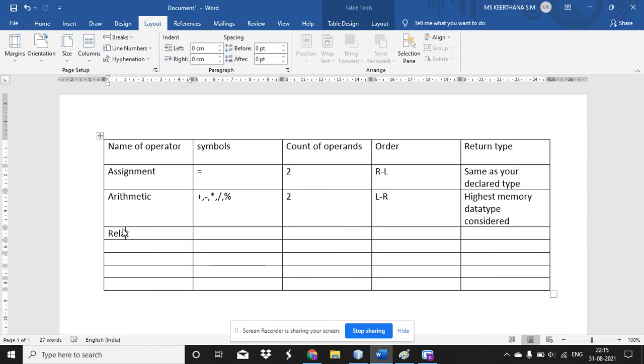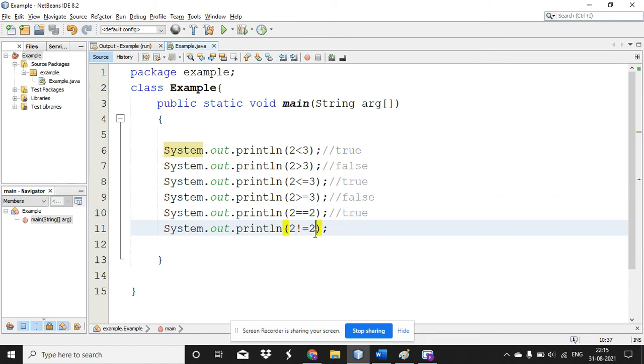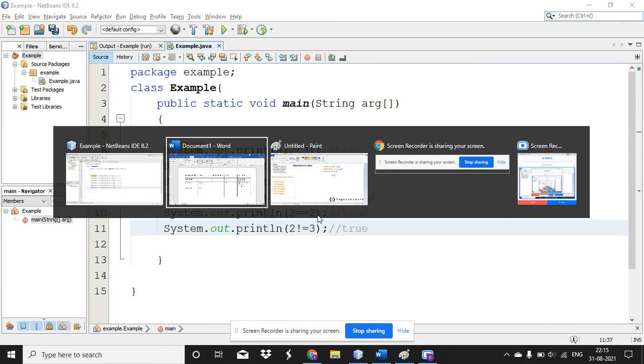Now we will fill this tabulation for relational operators. Here: less than, greater than, less than or equal to, greater than or equal to, double equal to, and not equal to. Yes, so not equal to means the not equality operator. So in this example, if I vary the number, 2 not equal to 3, now the statement is exactly true. It will give you the output as true. Okay.